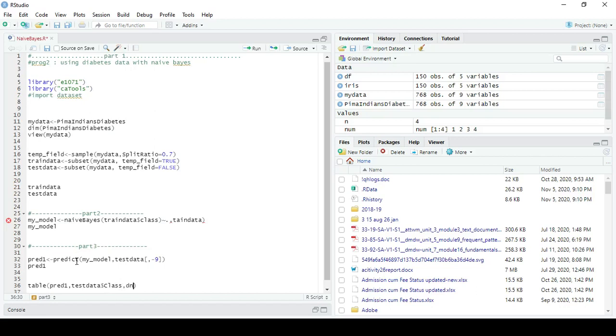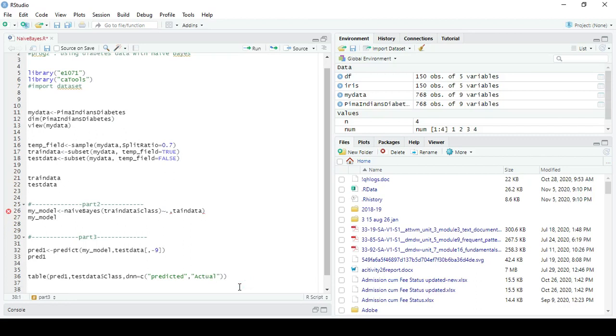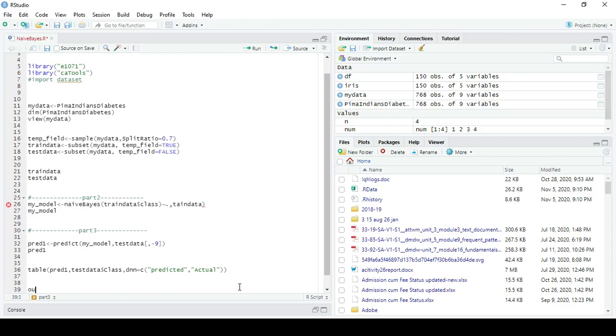Predicted and actual. Here we are generating the confusion matrix concept. We get the output.